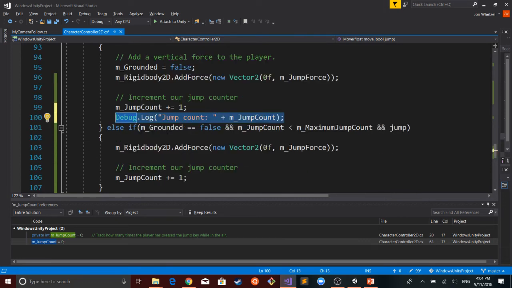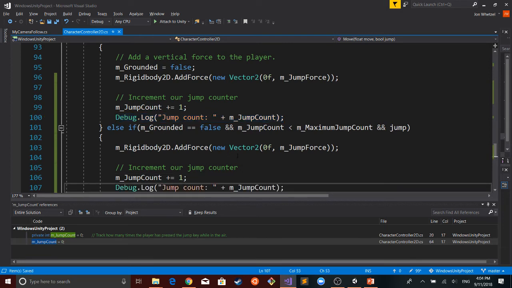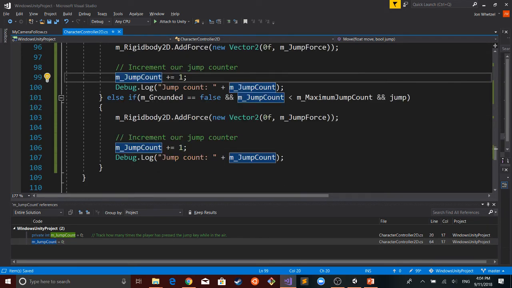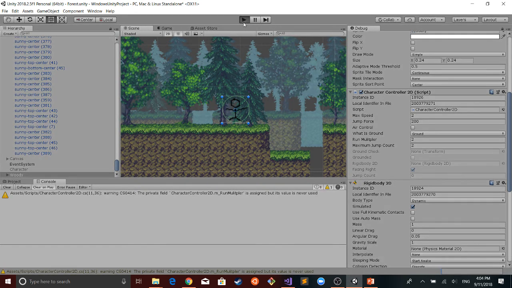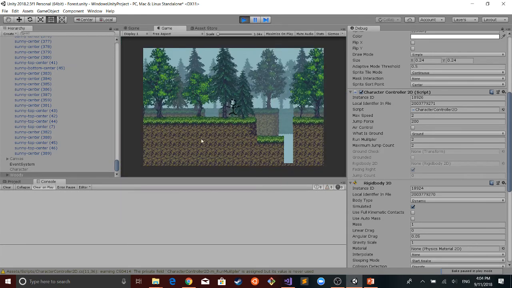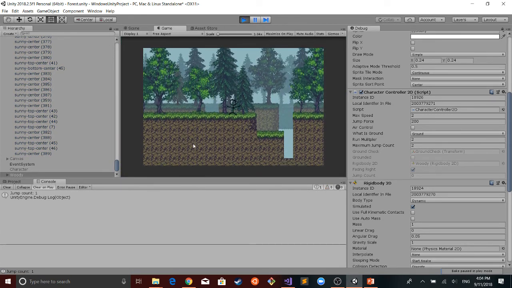So let's save that. I'm just putting a debug kind of where the jump count is being incremented. So I'm going to come back to Unity. It's going to build. Okay, so now it's run. If I press, now it says jump count is to 1.